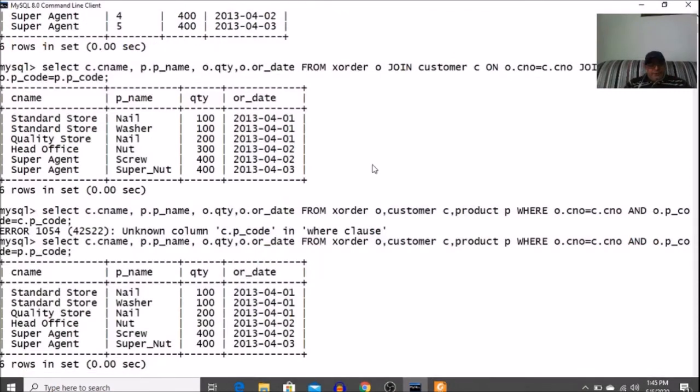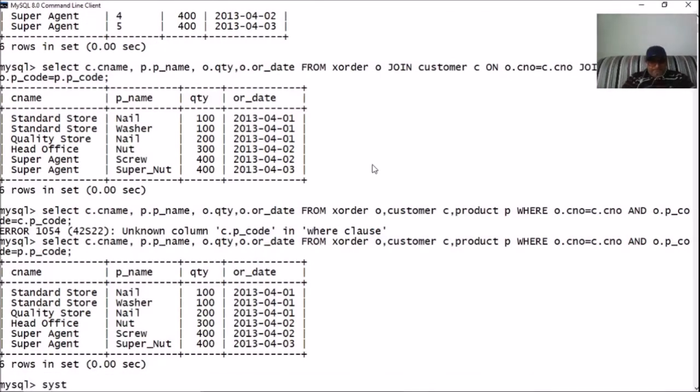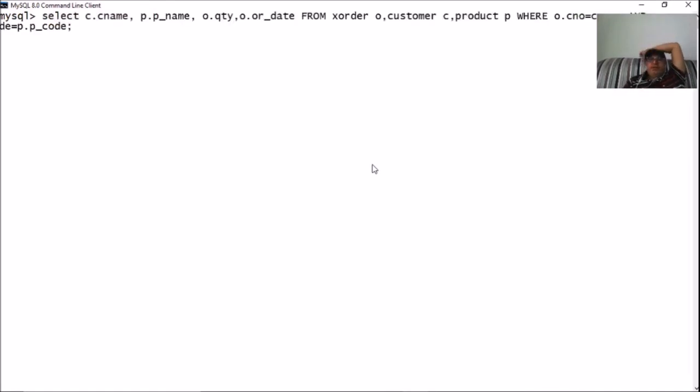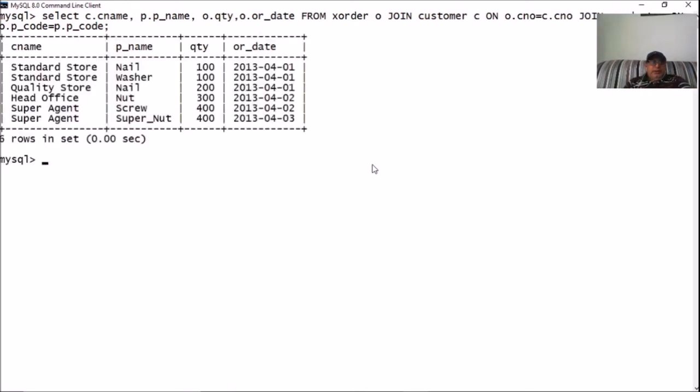Okay, we now proceed further. System CLS, I am giving this command. Now we are going to use the where clause with the join statement. Say for example, here we have executed the join operation on the three tables.